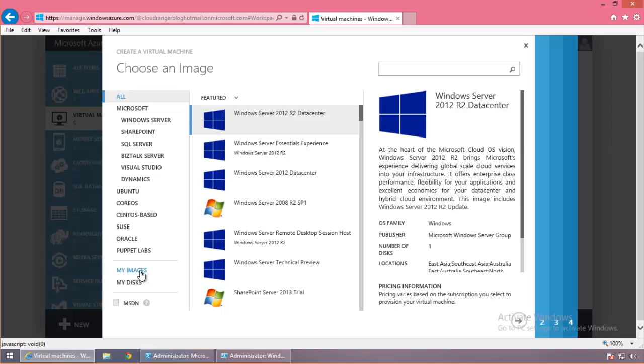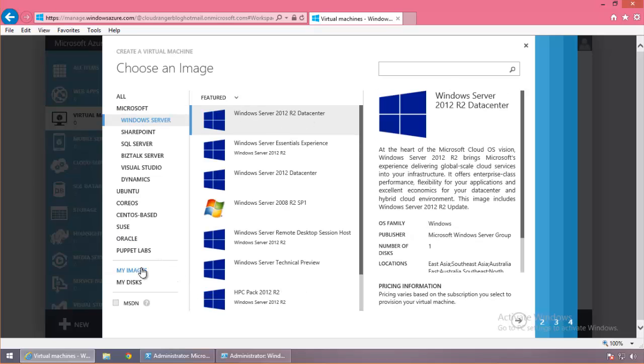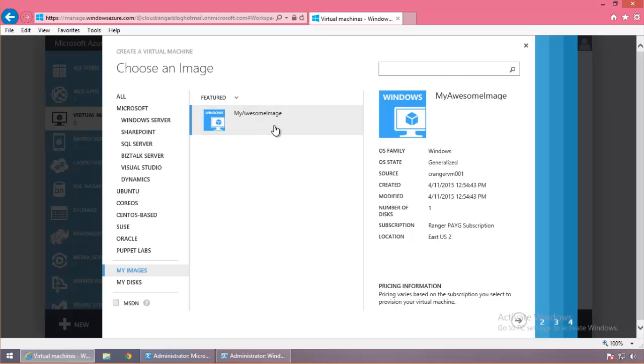But now if you look at the My Images tab here, you can actually see my awesome image. And the reason you see this My Awesome Image is because Azure went and said that, hey, you captured this. I'm assuming that you're going to use this image to provision other VMs. So what I'm going to do is put it in the list over here. And to create a virtual machine, all you have to do is go to My Awesome Image and follow this and get out of there, right? I mean, this is pretty simple and straightforward. Like we come to Windows Server and we take this image and go. From now on, if we want to create an image based on the virtual machine we had, we'll be doing this from here,